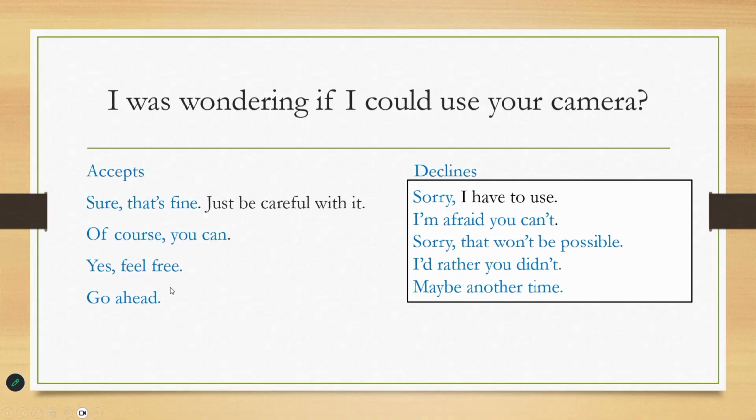Go ahead. But if you decline, you can say, sorry, I have to use it. I'm afraid you can't. Sorry, that won't be possible. I'd rather you didn't. Or maybe another time. People like to just say sorry, or maybe another time. So this is an alternative way to decline an answer to I was wondering if I could use your camera.